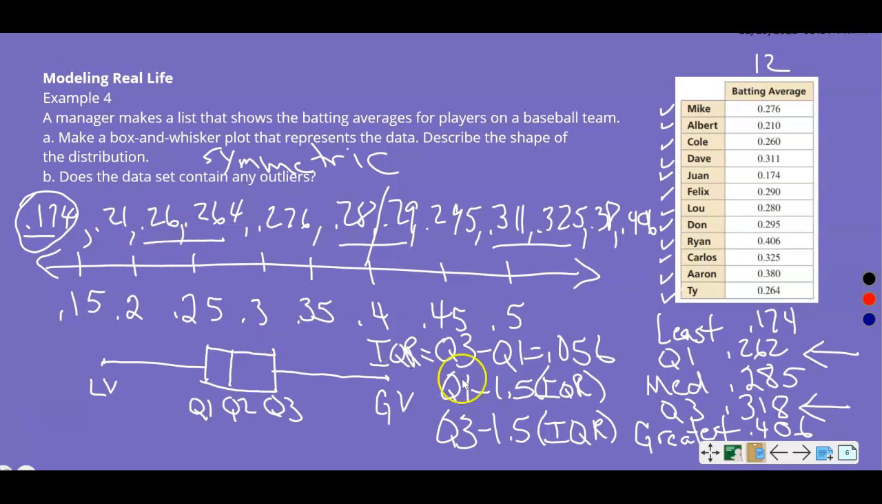All right, if I do Q3 plus 1.5 times my interquartile range, again, Q3 is given. My interquartile range, we found it right here. So 0.318 plus 1.5 times 0.056 equals 0.402. 0.406 is larger, so we do have two outliers. And my two outliers would be that right there. And that has answered both questions. If you have any questions,